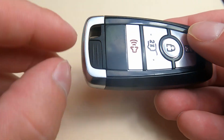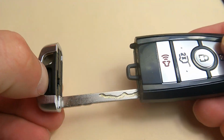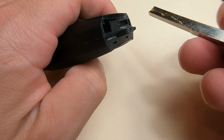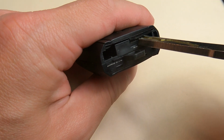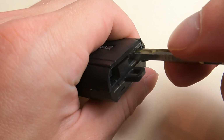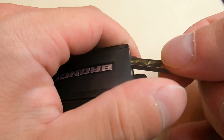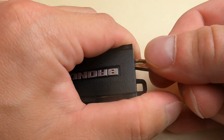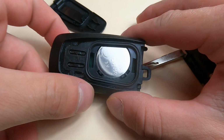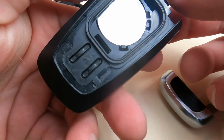Alright, so the first thing we're going to do is just press this little button which releases the physical key. Now we could use that physical key to pop off this little back cover. There's a little slot there and you can just go in and pry that little piece of plastic up. Once you get it up, you can use the key to get the rest of it off or prop it off with your fingers. And that basically brings us to the battery compartment, and you can see that this is